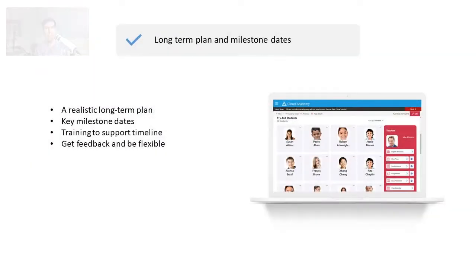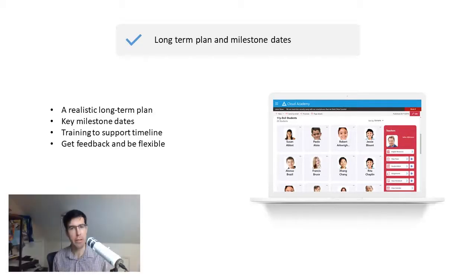And just looking at that long-term plan in a bit more detail, it needs to be realistic. So don't try and make this plan too short. Remember that you need to include all staff and bring all staff on this journey with you. So even if it's longer than most people want, I would say try and be realistic with it. Remember that it's an ongoing plan, so it's not that we're going to do nothing until that time. It's about working on it and making sure everybody is confident with it by that end date. So make it realistic dates, and put in those milestone dates as well.